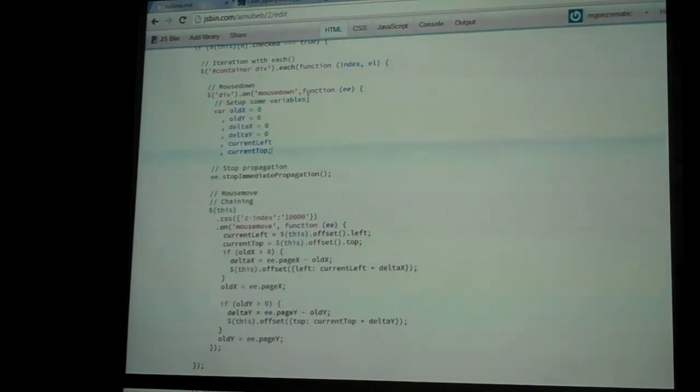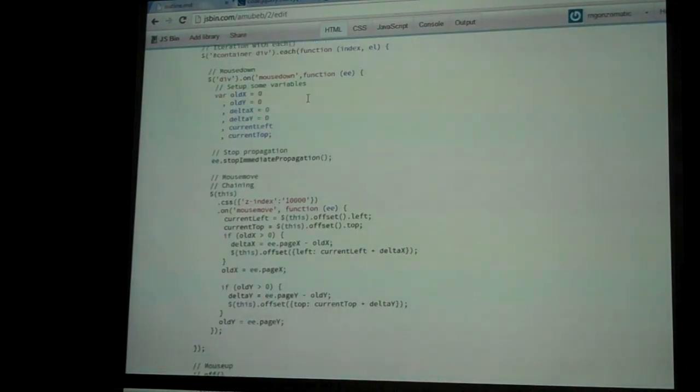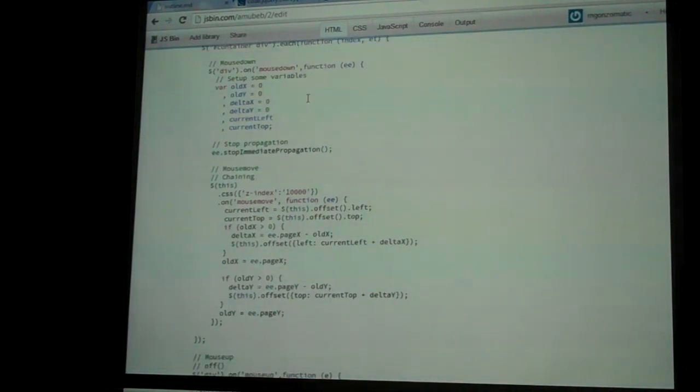acting on. I probably could have done some things better. This isn't the best. This isn't optimized. It's just to demonstrate how some of it works. So with my divs, I attached a function to the mouse down event,